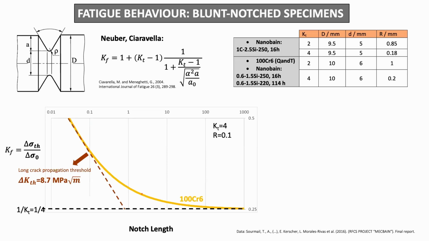If we plot this equation for the case of a tempered martensite, we have a curve like this with two asymptotic behaviors. At this side, the curve tends to this threshold, which is the non-propagation threshold for long cracks. And at this limit, for this stress ratio, 0.1, the limit tends to the inverse of KT, the stress concentration factor. So in between, we have this region here where either crack initiation or crack